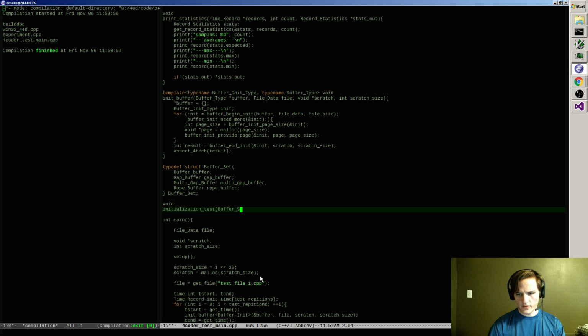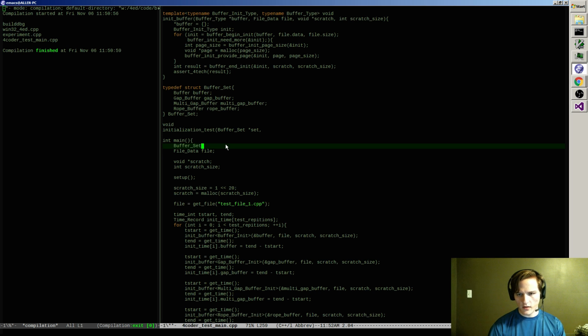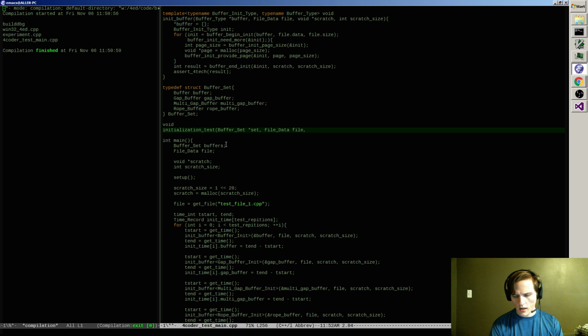That'll take a buffer set. It will take a file, so that's a file data file thing. It will take scratch and scratch size.